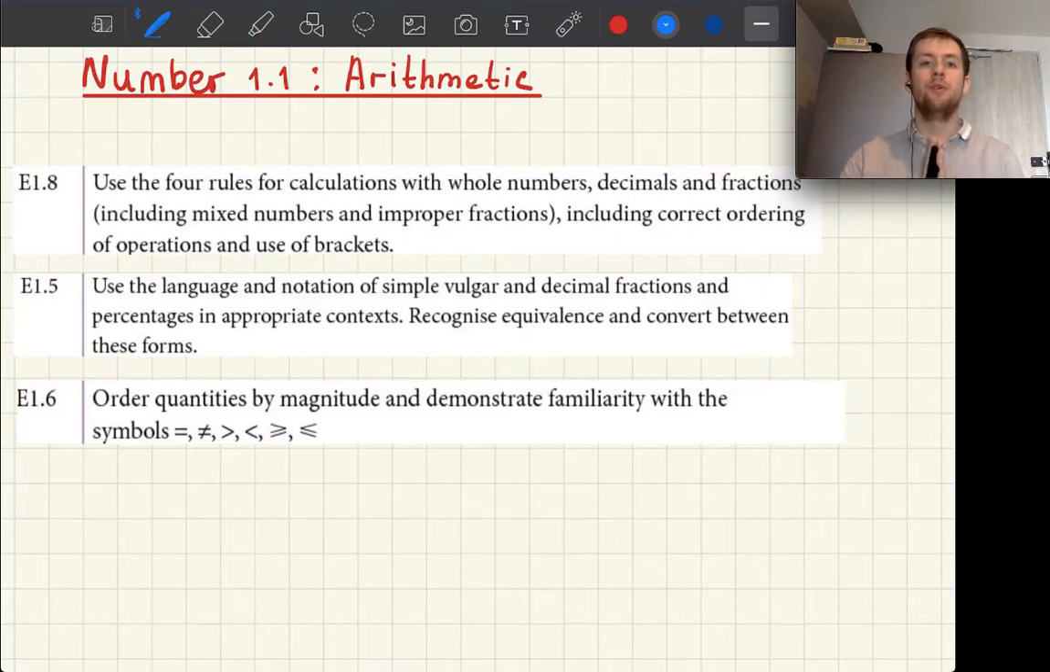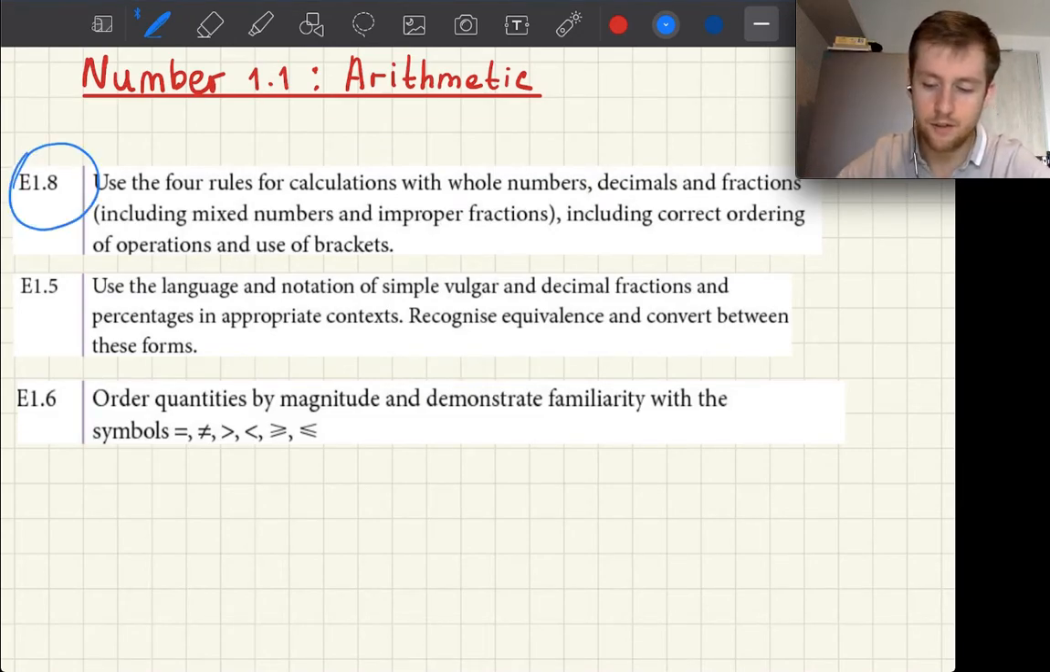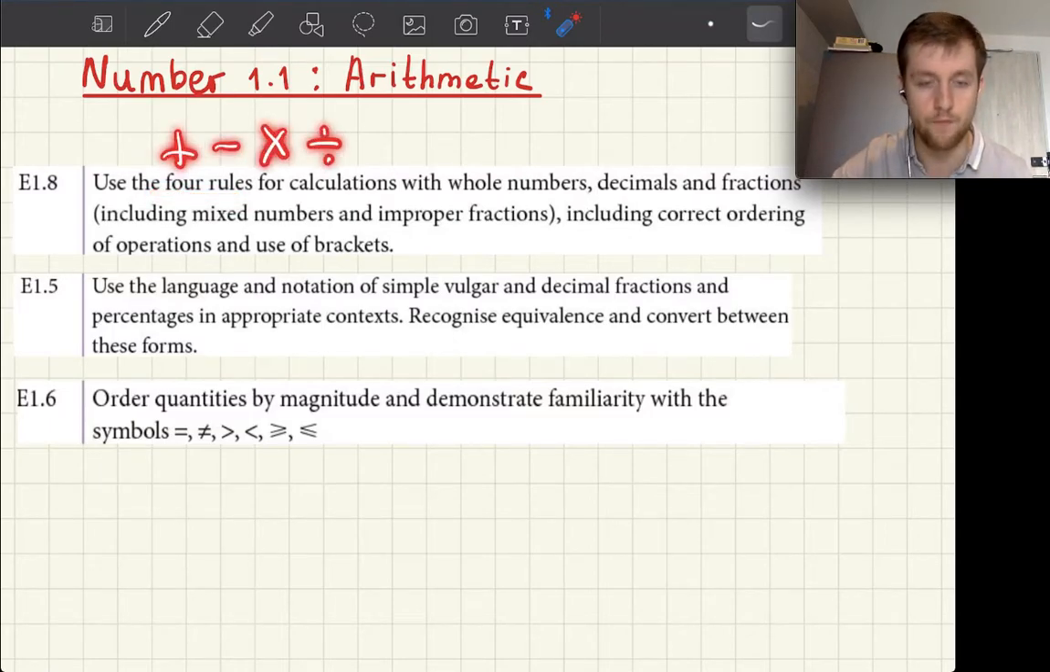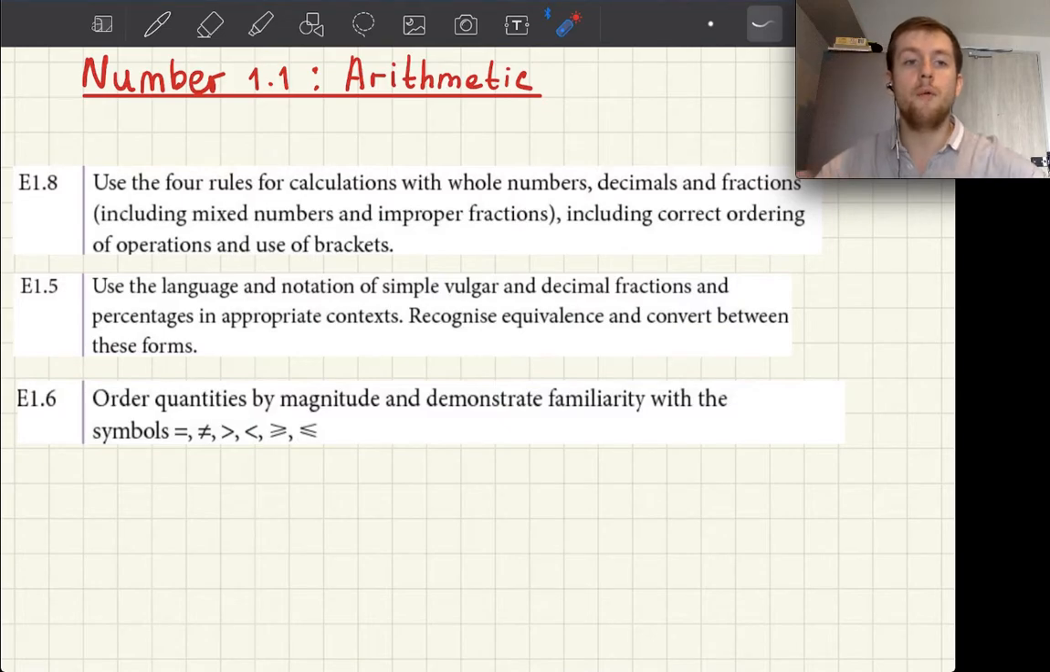And welcome to the first lesson of IGCSE Mathematics course, where we will talk about arithmetic. Here we're going to cover three syllabus topics, which is E 1.8. Use the four rules for calculations with whole numbers, decimals, and fractions. By four rules, of course, I mean addition, subtraction, multiplication, and division, including correct ordering of operations and use of